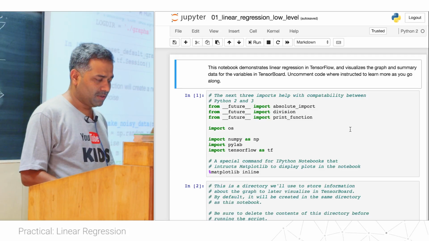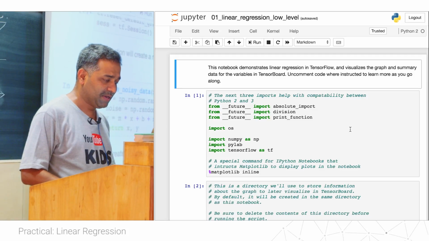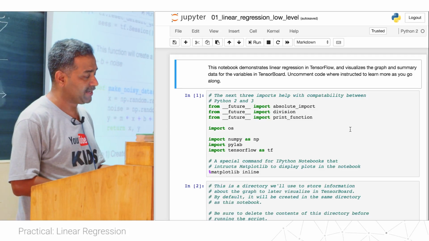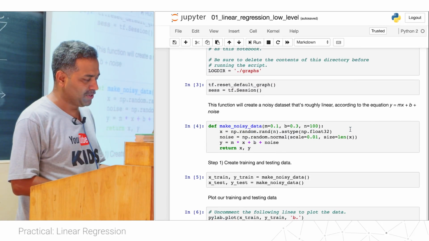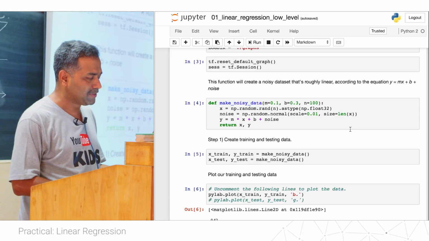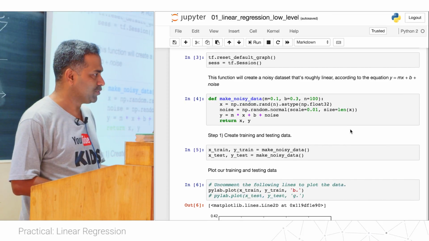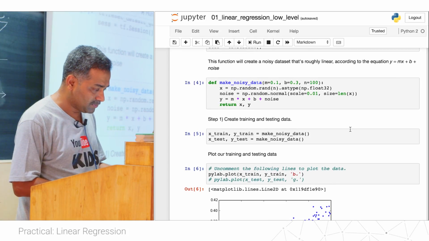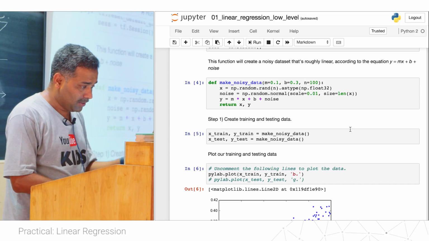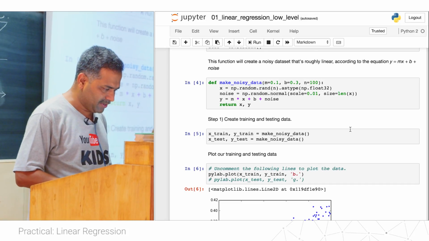What we have done is written a function to generate noisy data, with parameters m as 0.1 and b as 0.3. We are using mx plus b, the standard equation of a line, and adding some small Gaussian noise to it, and that's how we get our data.